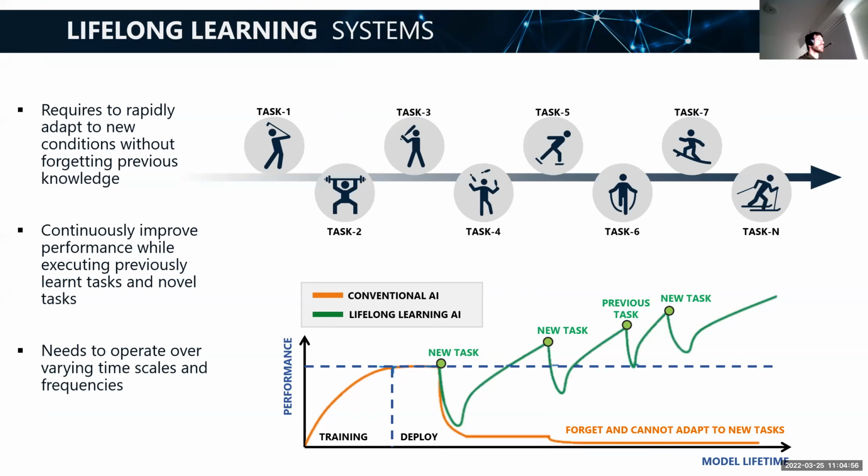In general, lifelong learning systems are systems that want to rapidly adapt to new conditions or new tasks throughout their lifetime. So you might have something trained to perform one task, such as a sport like golf, and then you learn something like weightlifting, right? And you don't want to forget how to play golf. You don't want to start treating the club like it's a barbell or something like that. You need it to remember how to use those tools for different tasks, and what the goals of those different tasks were.